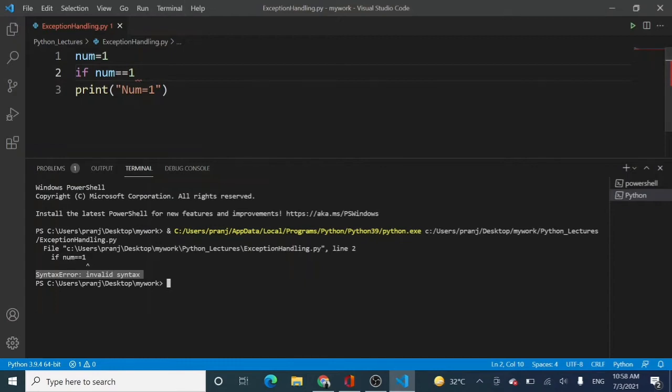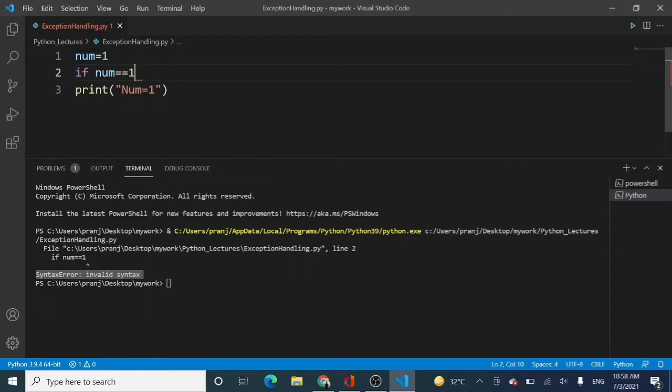Right? So this is a simple example of a compile time error or a syntax error where Python is telling us, hey developer, at line number 2 you have missed something, and you can see that small angular bracket over here. It is also telling you the correct position where this particular error is happening. Something is to be done over here that you missed. So that was an example of a compile time error.